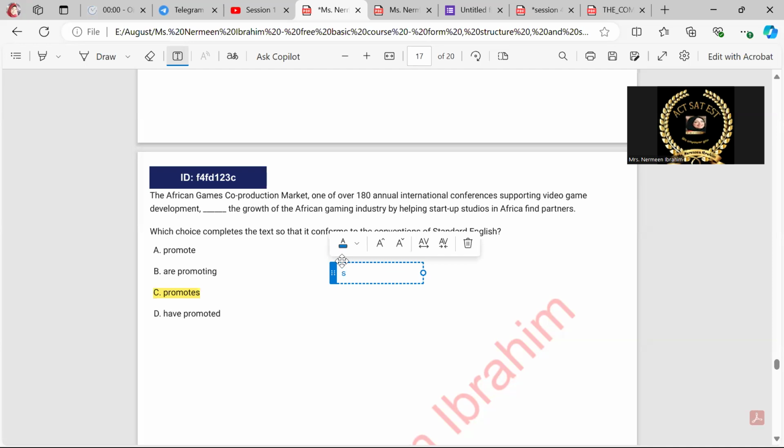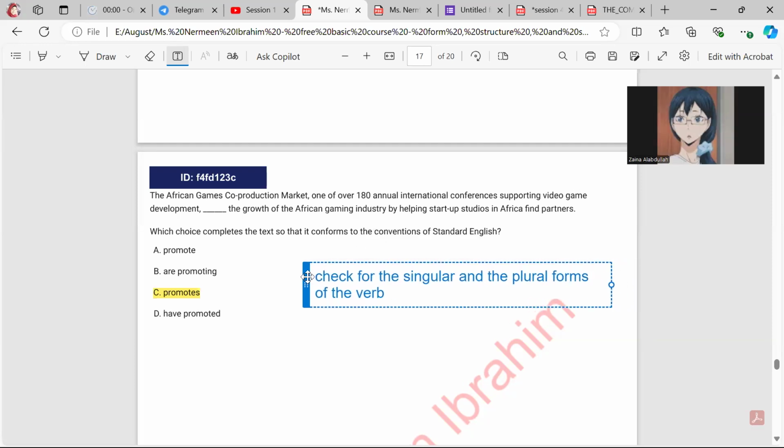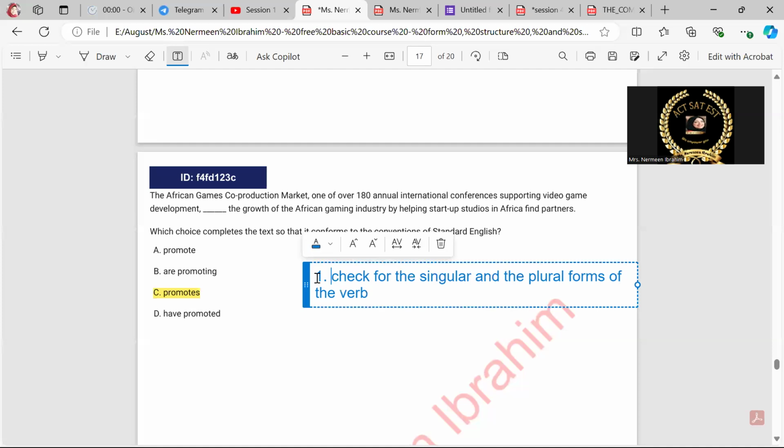Check for the singular and the plural forms of the verb. Okay? Is it clear? Yes. That's the first thing when you're dealing with a question having the same verb but with different forms. Is it clear? Yes. Right. The second step, if you find